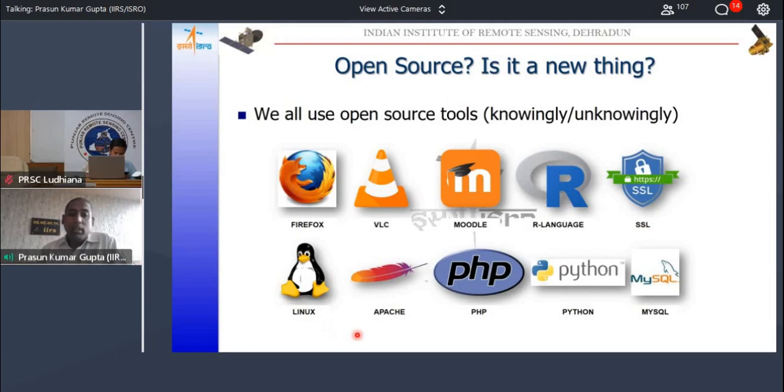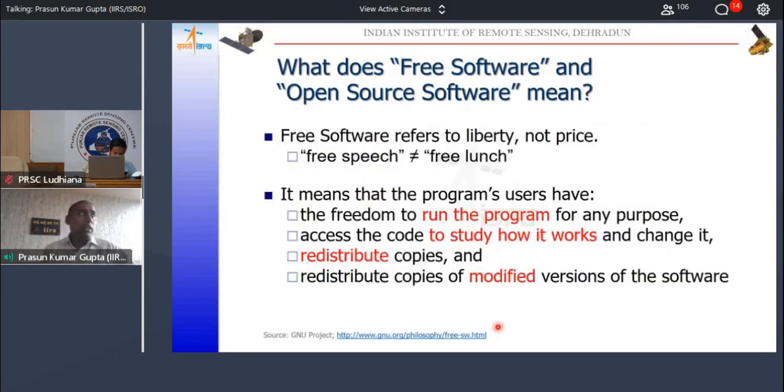The operating system Linux, and 80% of all the websites are hosted on Apache servers. So your websites, your programs, your databases, these are all working on open source, and it is not different for GIS also. So open source is the industry standard. Everybody uses it. It is not something new and not something very unique.